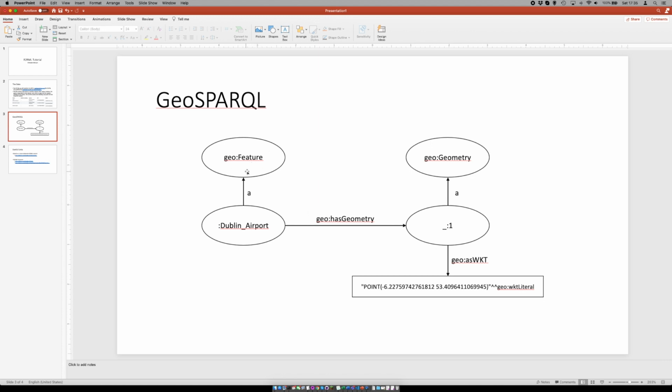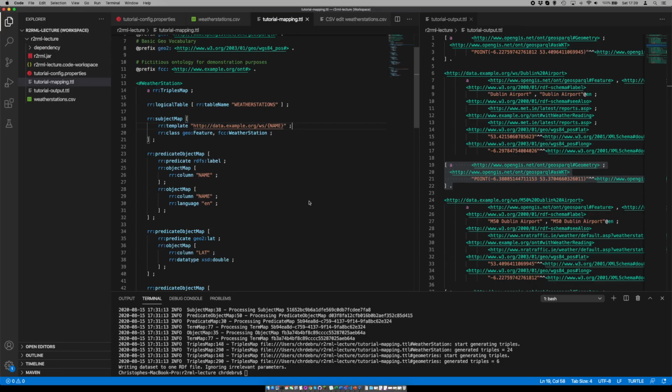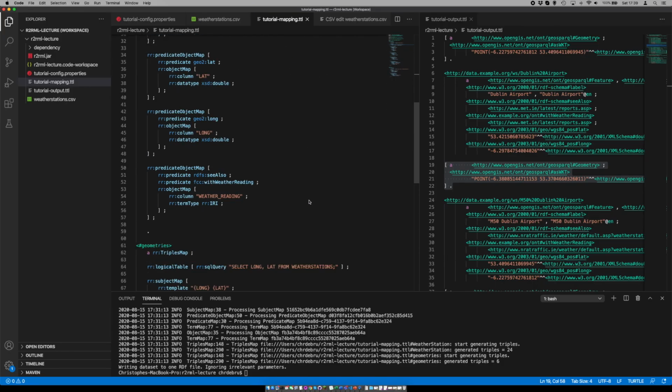So in our triples map for features, we will create a predicate object map that will use the predicate hasGeometry, but in order to generate the object, it will refer to the triples map of geometries. So let's do that. Weather stations with their geometry. First things first,